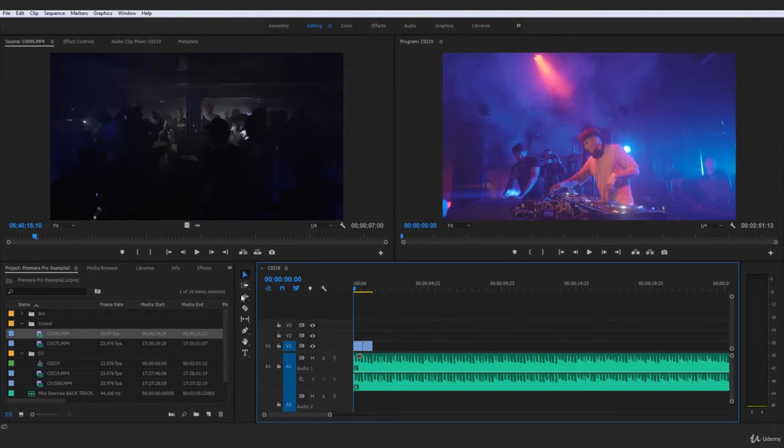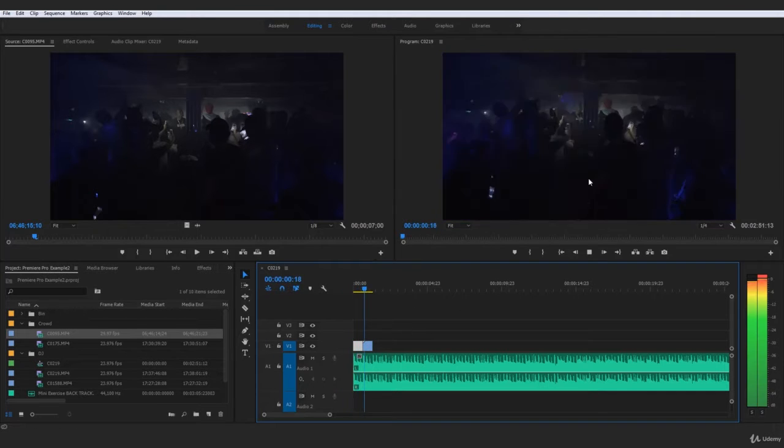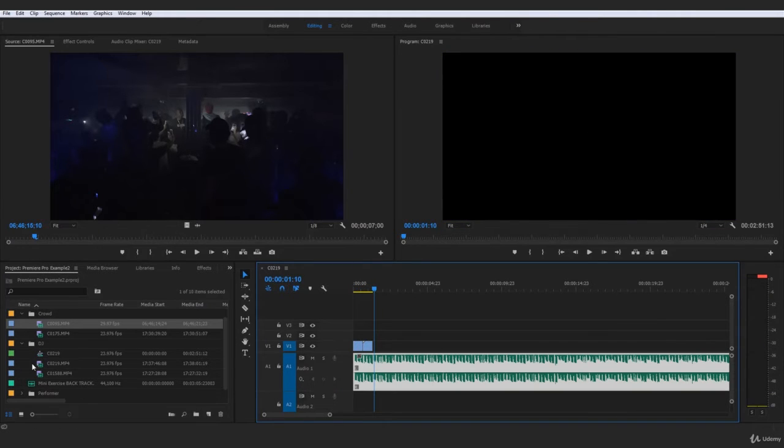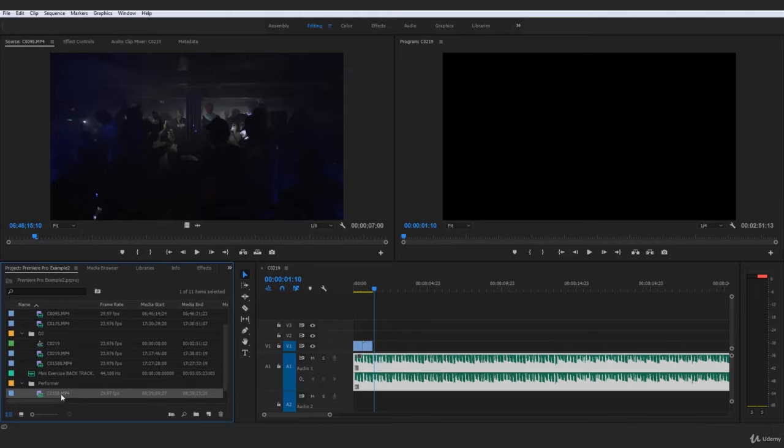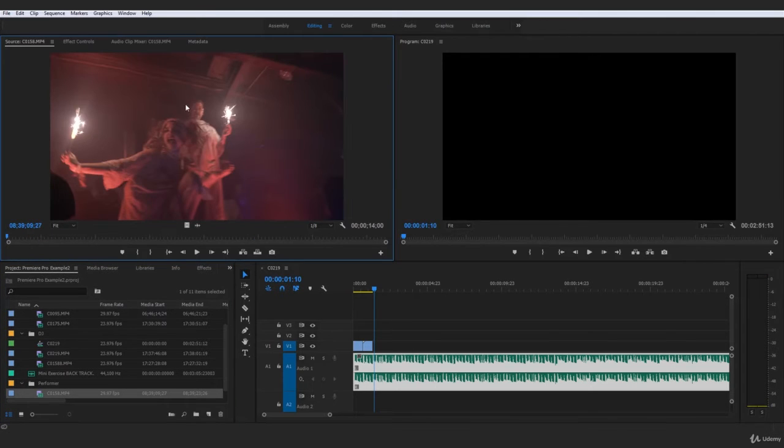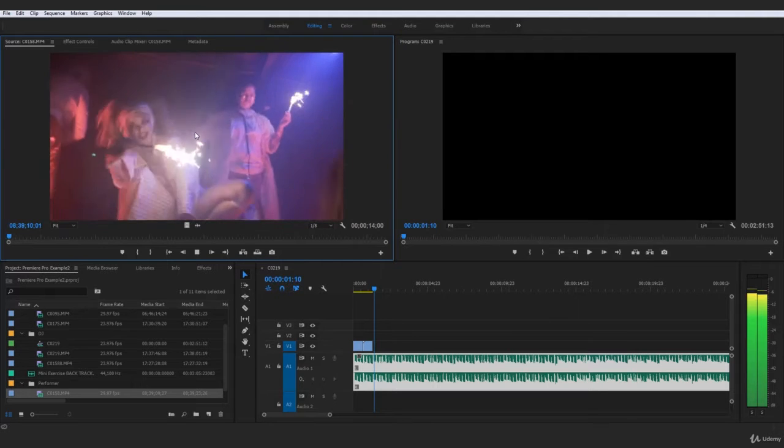So don't worry if I'm just briefly using these. We're going to, by all means, be much more extensively going into this. But right now I've got a DJ shot, and then I've got a crowd shot. So now I actually want to go down here and grab my performer, go ahead and double click her, and this is a pretty crazy performer from a Halloween video that I made for a club a while ago, and